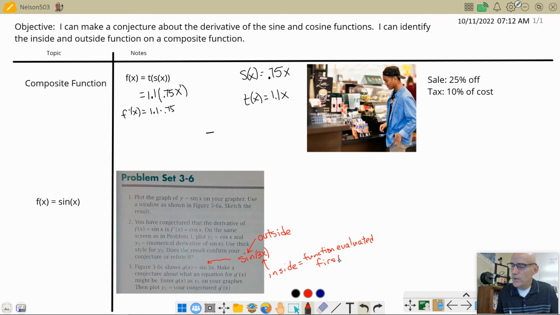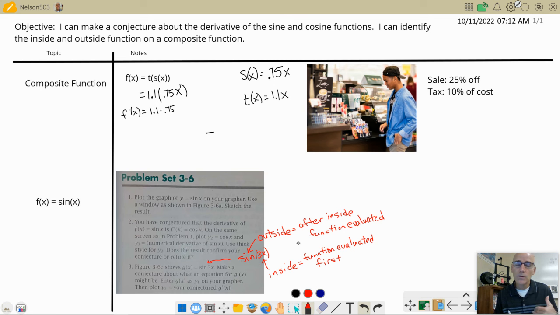And the outside one is the one you would do second. Okay, so it's the one after the inside function is evaluated. So you notice I'm not talking derivatives right now. I'm just talking about order of operation, really, after the inside function is evaluated. It's important to identify the inside and the outside function if we're going to use this new thing called the